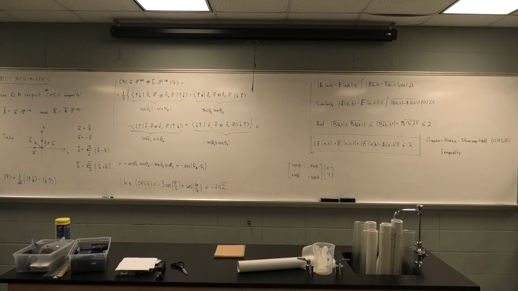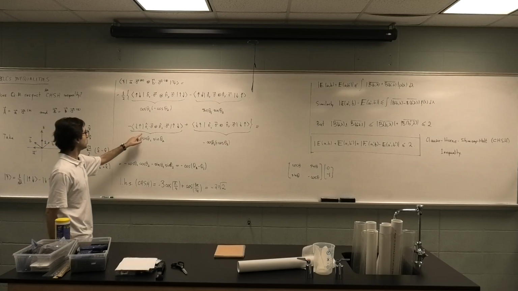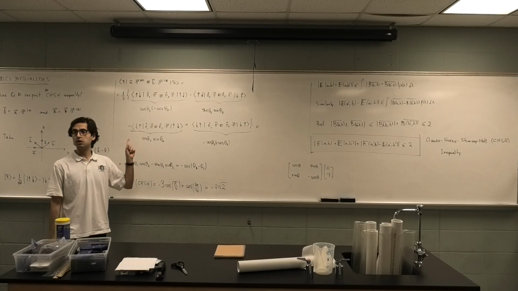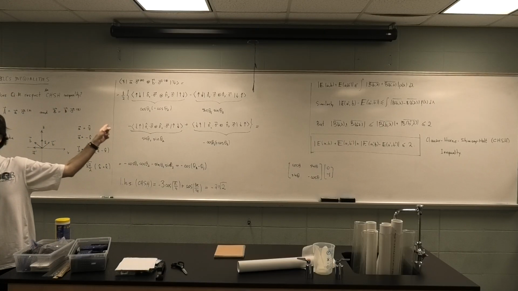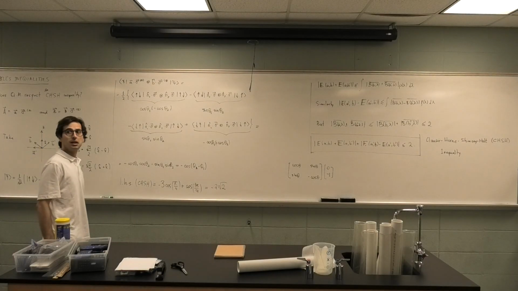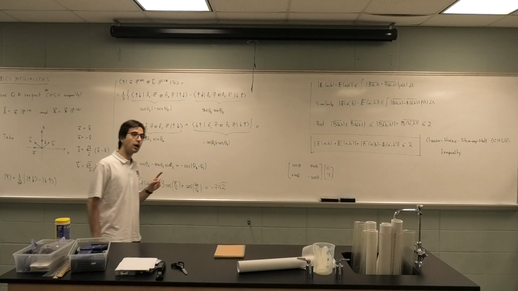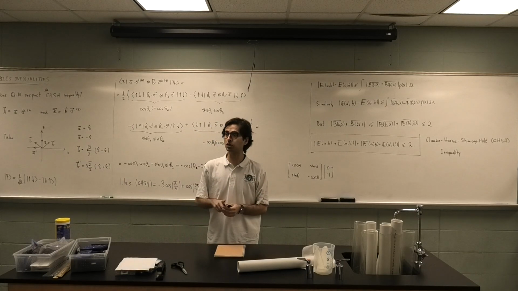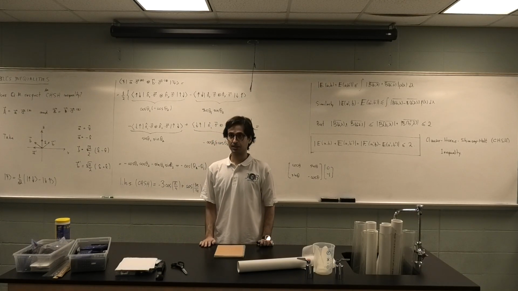Is N2 just equal to N1 in this case? No, one has an angle of θ1 with the z-axis, and the other has θ2. Okay. And the key is, I see. So you see that the key here is that you have to have entanglement and non-commutativity. N is equal to cosine